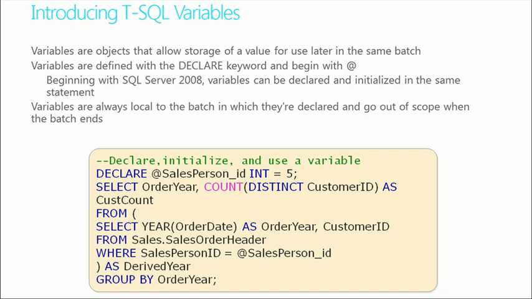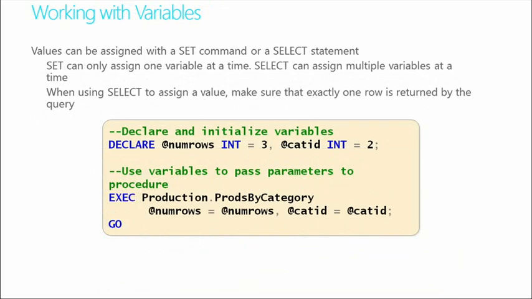So this gives us information, and it's an example of using variables and the reuse of batches by supplying variables that I can include whenever I want to execute that batch. Some additional information on working with variables: you can declare a variable, or declare and initialize at the same time. You can create multiple variables, and we can pass these as parameters into a procedure